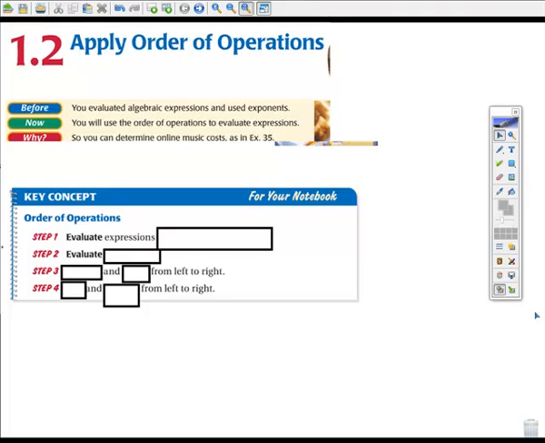Lesson 1.2 is applying the order of operations. I know that you are all familiar with "Please excuse my dear Aunt Sally," and that's basically what order of operations is. First, in order of operations, step one is you're going to evaluate the expressions